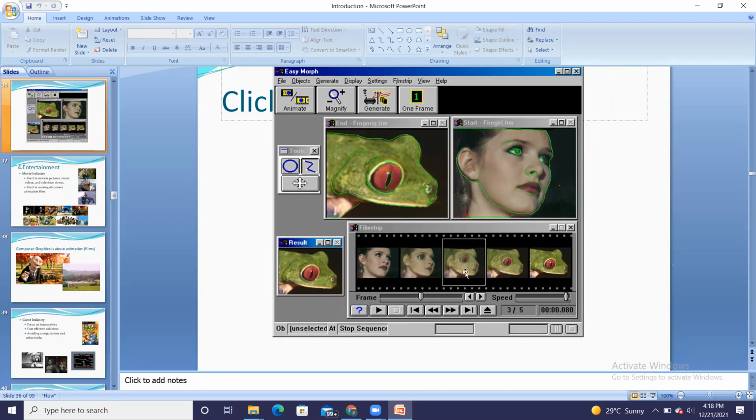You can observe here the other way around. That is, the human face can be slowly converted into the animal face. So this type of morphing is also possible by using computer graphics.